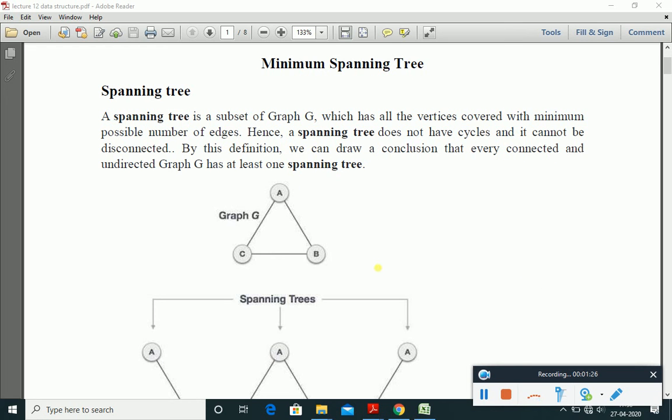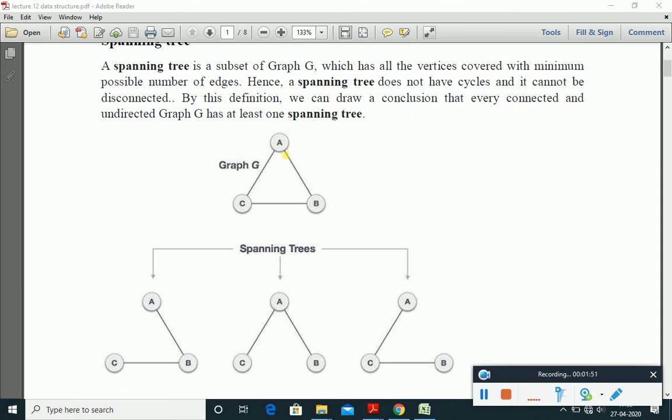Just have a look at this particular graph and you can find many spanning trees. This graph has a cycle, so we cannot consider it a tree. So we need to make the subgraph. A subgraph can have fewer vertices and fewer edges, but we are talking about the spanning tree. In a spanning tree, the number of vertices remains the same as the original graph, but the number of edges can be less. In this graph you can see the cycle is formed, but when we make the spanning tree subgraph, it will not have any cycle.